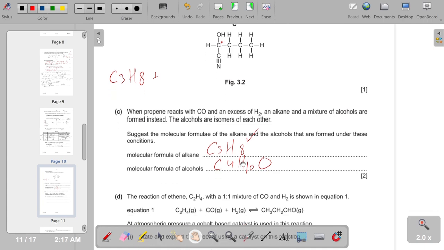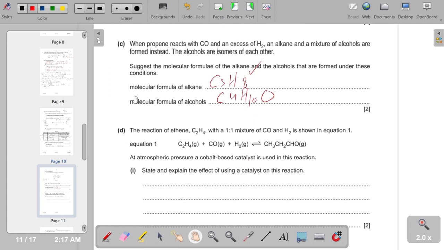The next question is the reaction of ethene with a 1:1 mixture of CO and H2, shown in equation 1. At atmospheric pressure, a cobalt-based catalyst is used in this reaction. State and explain the effect of using a catalyst on this reaction. The first thing is, a catalyst doesn't affect the equilibrium. It just speeds up the chemical reaction